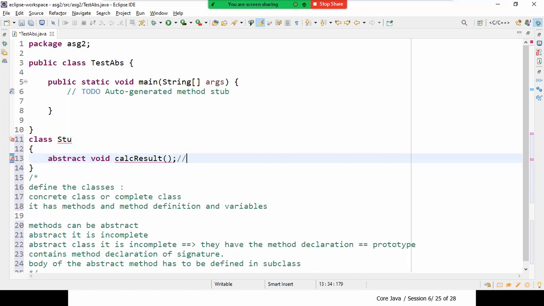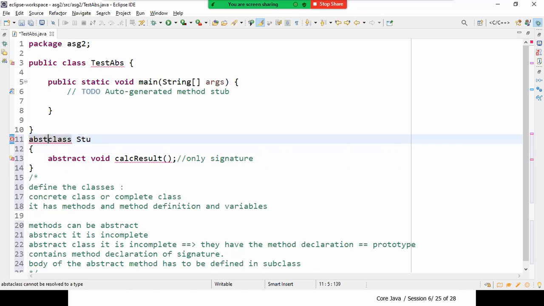This is only the prototype, only the signature. Now, when I'm defining this in an abstract class, remember I need to define the class also as abstract.